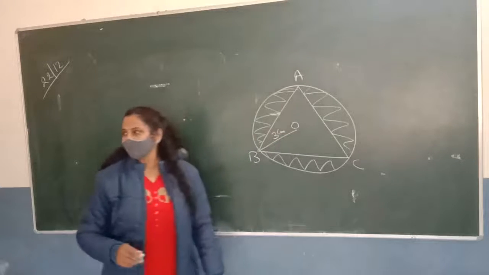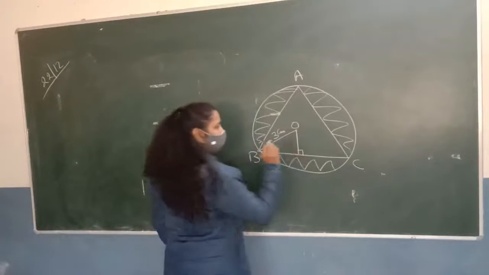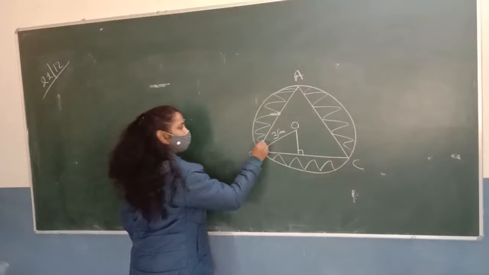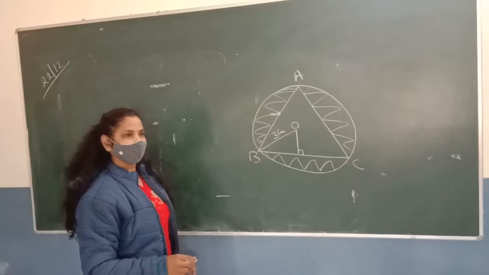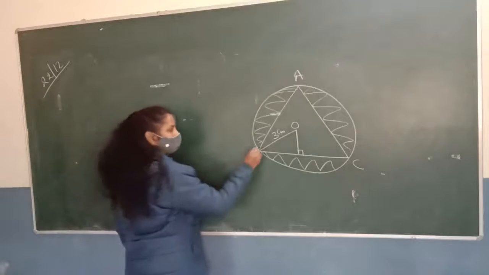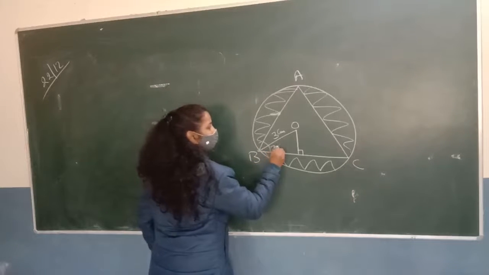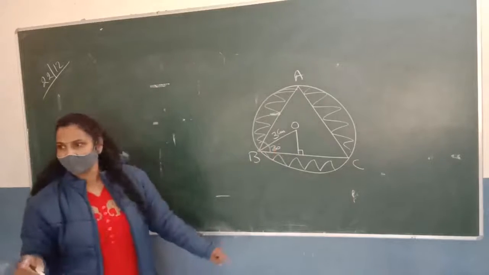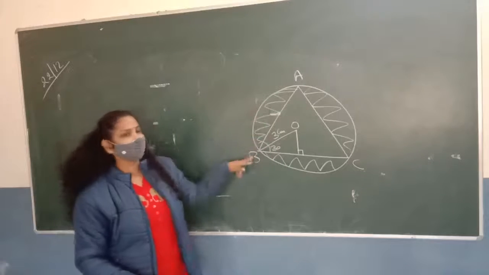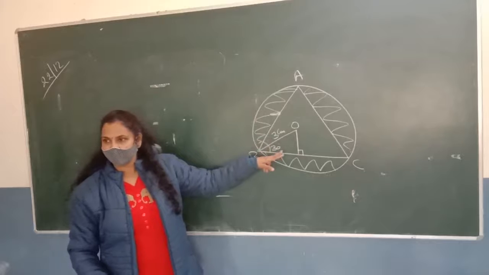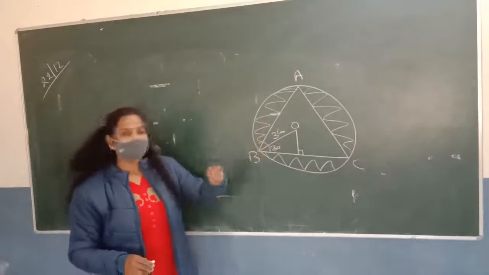For this question, we have to do construction. And what is the construction here? Draw the perpendicular. Now we know that this whole angle is 60. What is the value of this angle? 30, it will be half of 60. If you want, you can also show that both triangles are congruent, but you don't need to show it, we should just know it. Since it is an equilateral triangle, half of 60 will be 30. When you do the construction with the perpendicular, it is proved that both triangles are congruent. So this angle is 30.